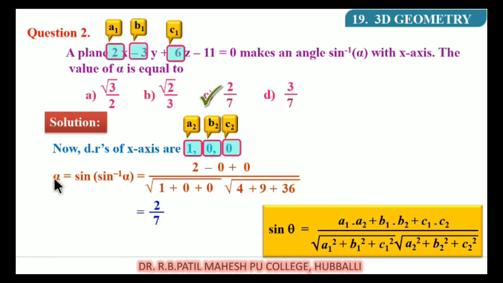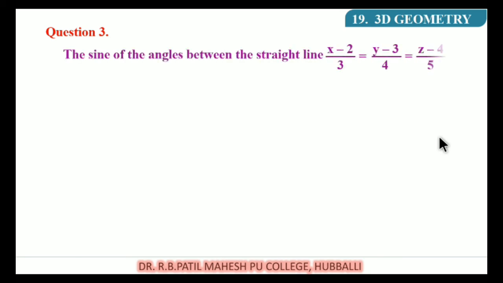All of you got it, student? So this is the value of alpha. We solve one more example. Question number 3. The sine of the angle between the straight line x minus 2 by 3 is equal to y minus 3 by 4 is equal to z minus 4 by 5, and the plane 2x minus 2y plus z is equal to 5 is